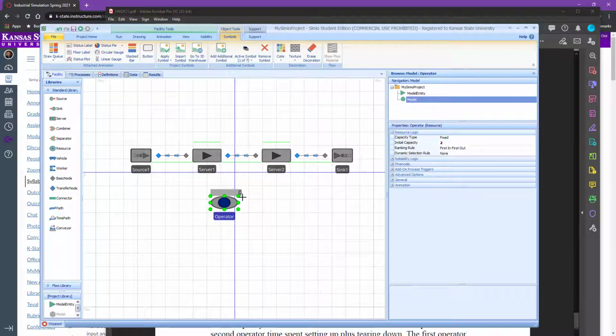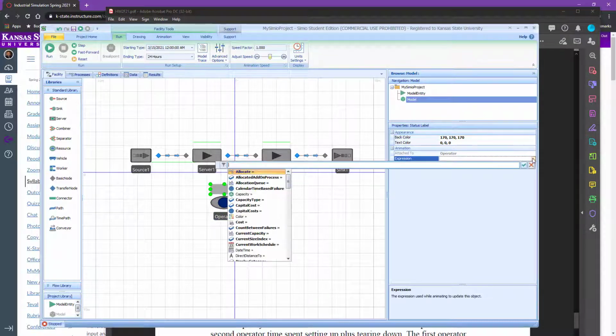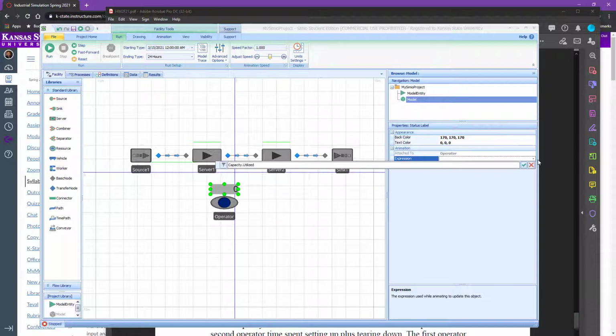Usually I do extra things just for visualization. So this will be what? Capacity utilized, isn't it? Yeah. For that operator,